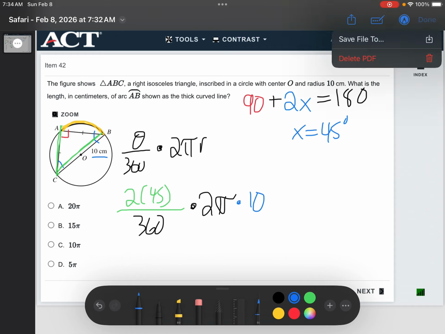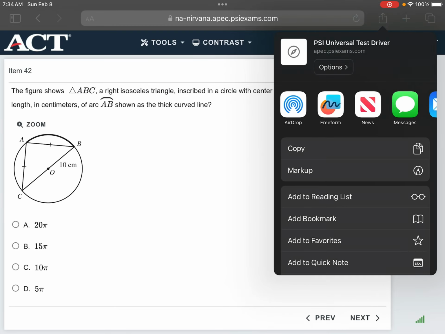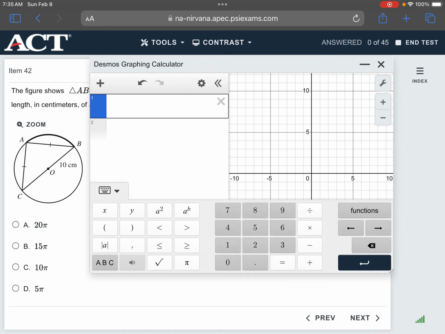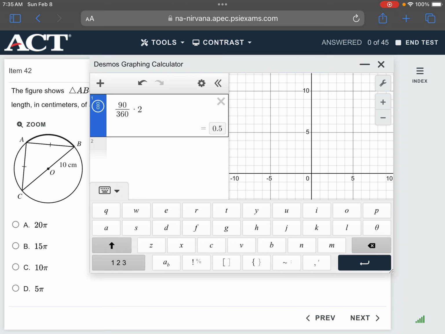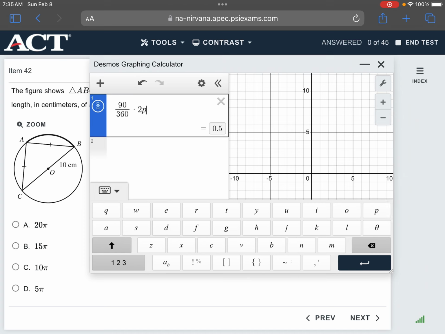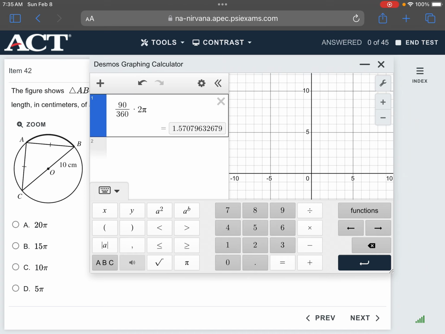So Desmos is going to help us do this calculation, right? It doesn't help us remember all these formulas. So we had 2 times 45, which we said was 90. We'll multiply that by 2. And then, let's see, we've got to find pi. Oh, actually, I can just type in pi, right? And Desmos knows I want to deal with pi. And then times 10. And we end up with